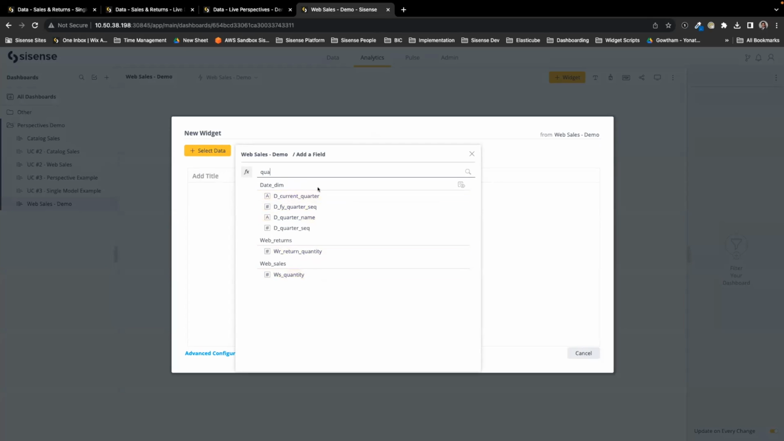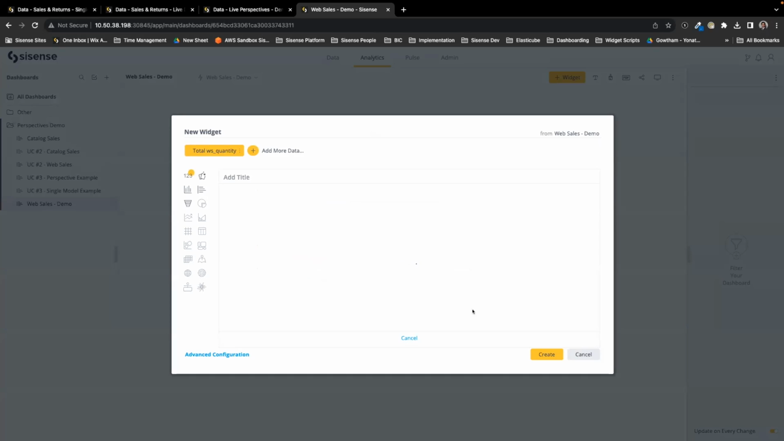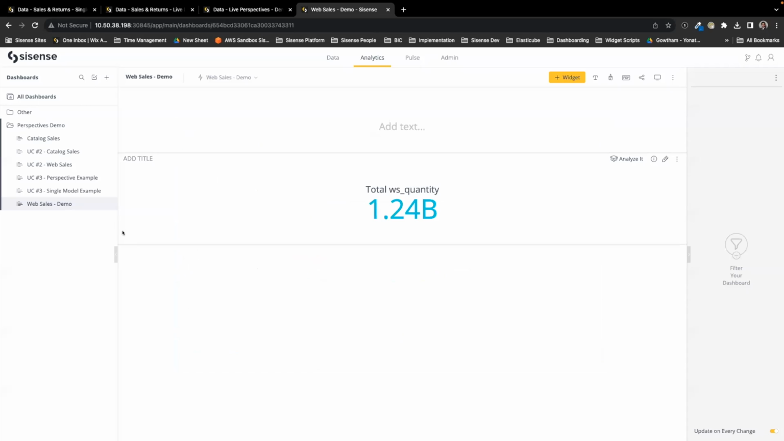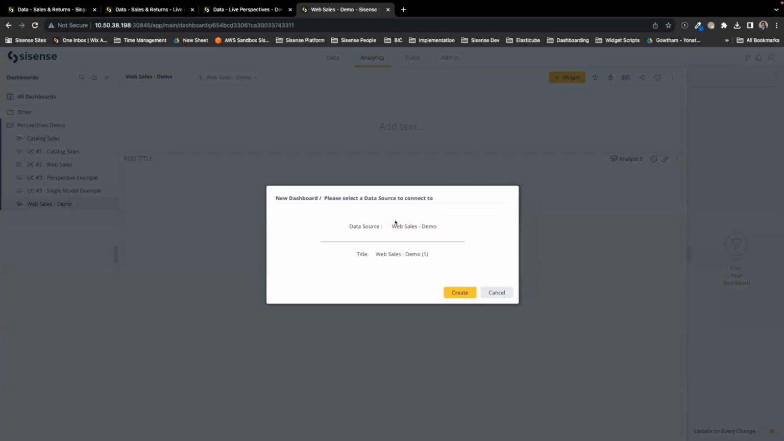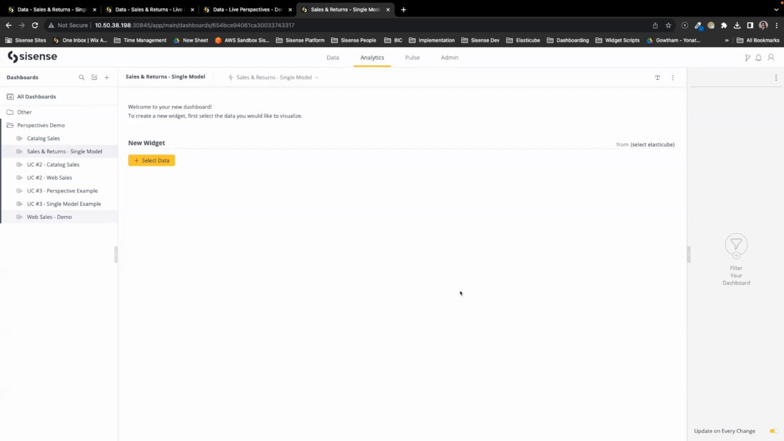If I choose the sales quantity here and then sum it, I get 1.24 billion for just web sales. But if it was my single model approach, right? Let me create a new dashboard and just choose the single, right? So this contains all of the 3 business modules. And if I am just a web user or a user who can design dashboards for web sales and returns,